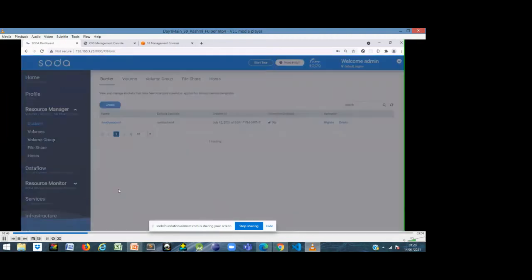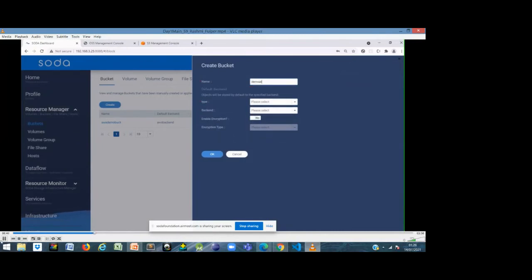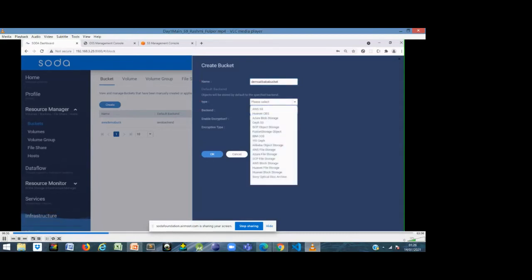Then move towards resources, and under the resource manager there is a bucket option. Using this option you can create a bucket to store your data. For this you have to fill in information like providing a bucket name, and selecting the cloud provider and backend that you recently created.